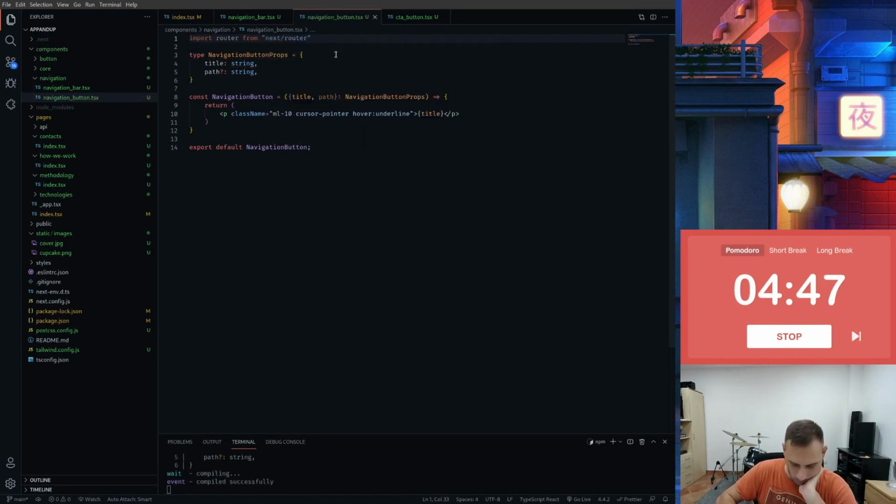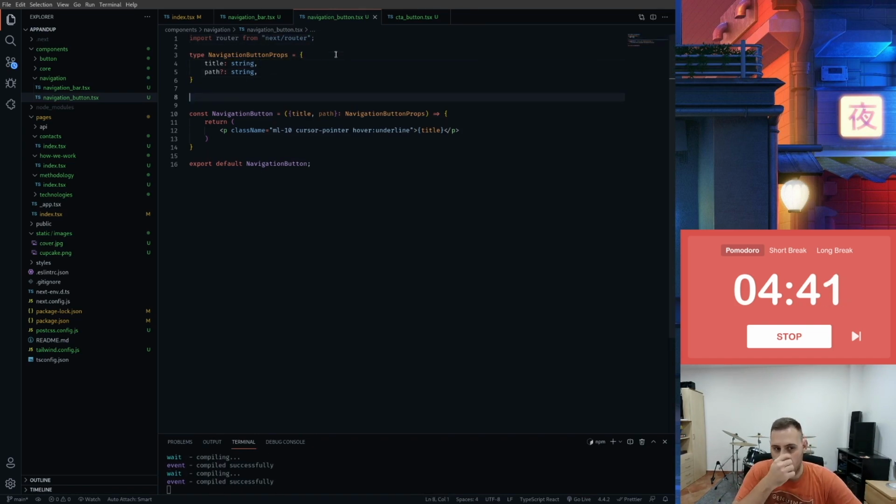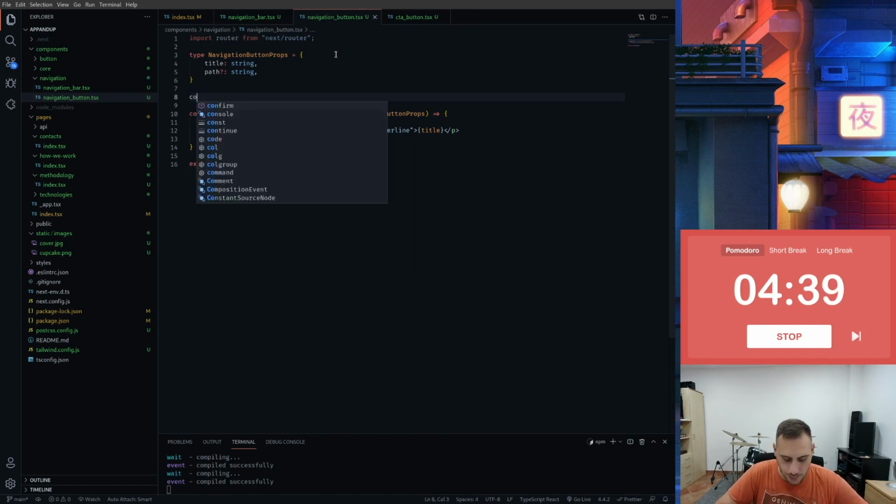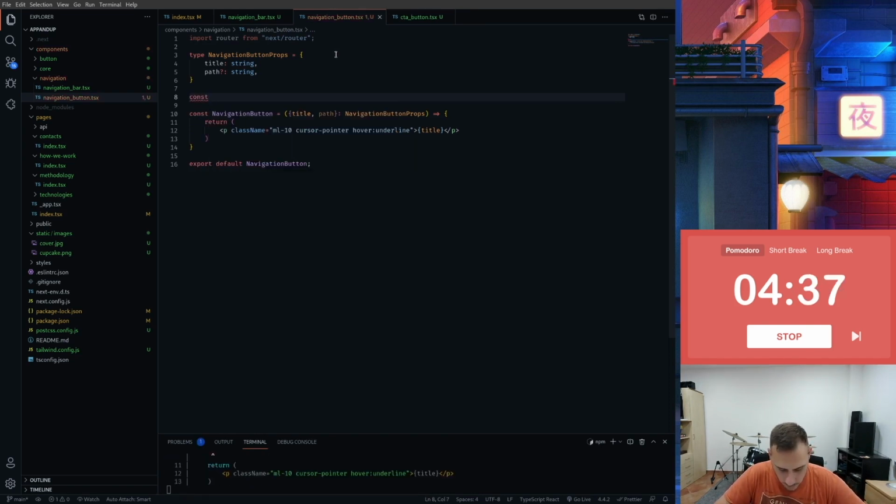Okay, that's it. We can have an on-click. Yes, I believe this would work, which is a function,